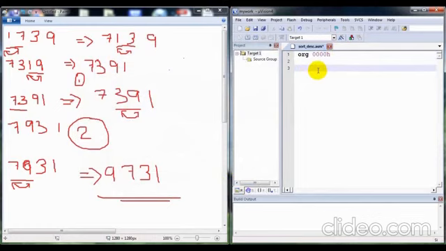Now we have to take how many numbers are there in the array. Thus we load that value from the memory. For taking that, we give MOV DPTR, 2000.